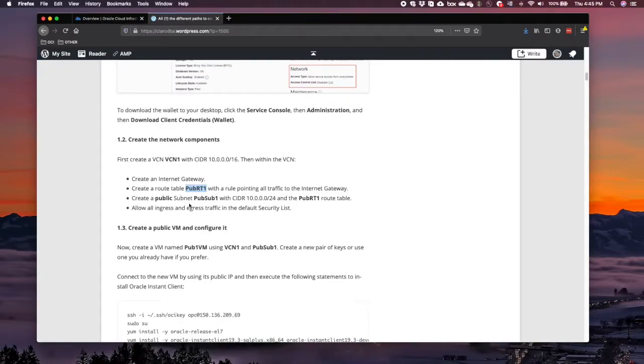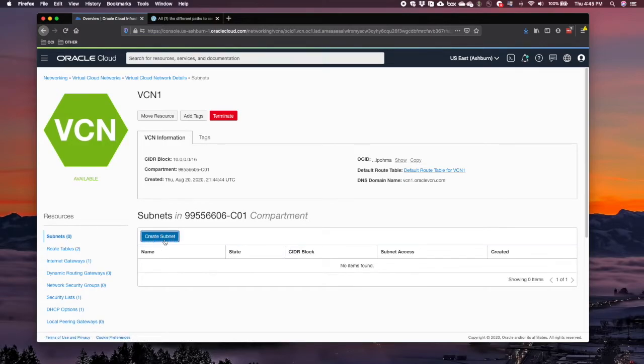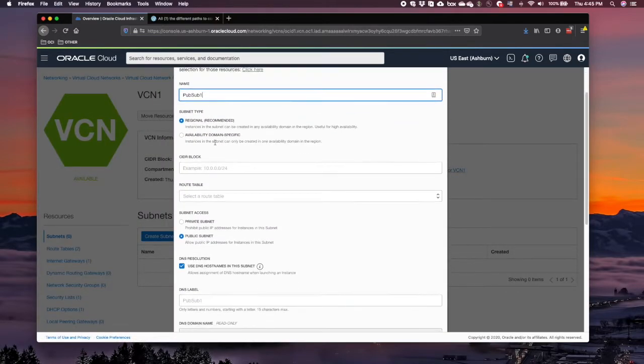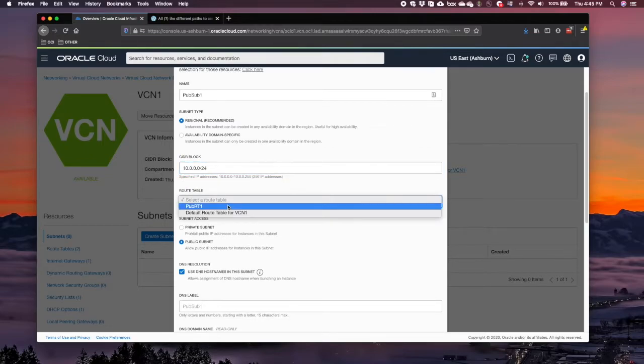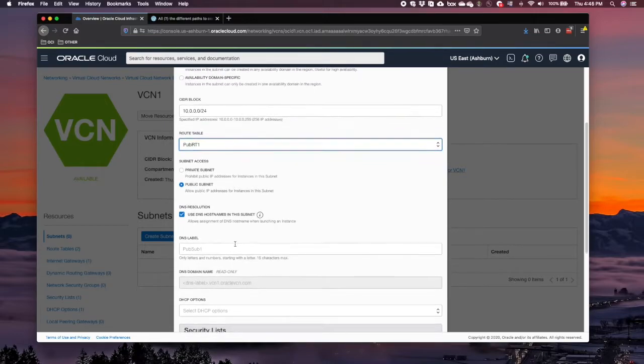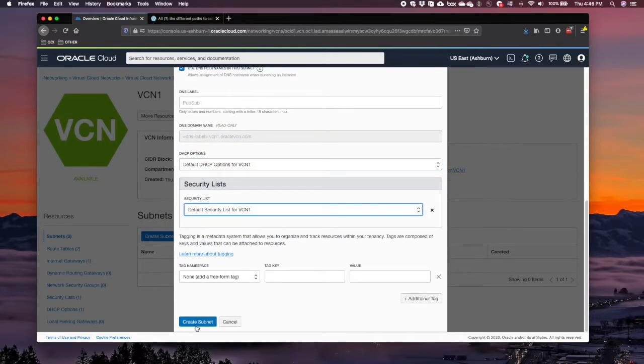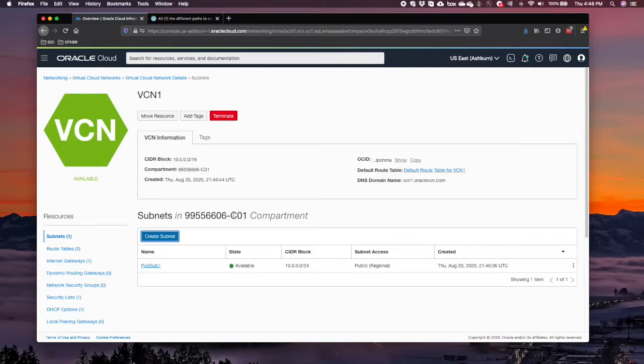Okay, alright. Then I'm gonna create a public subnet, pub sub1, that is gonna use this CIDR and is going to use the pub rt route table that I have just created. So create subnet pub sub 10.0.0.0/24, route table pub rt1. Make sure that I'm choosing public. Okay, DHCP default, security list default. Alright,